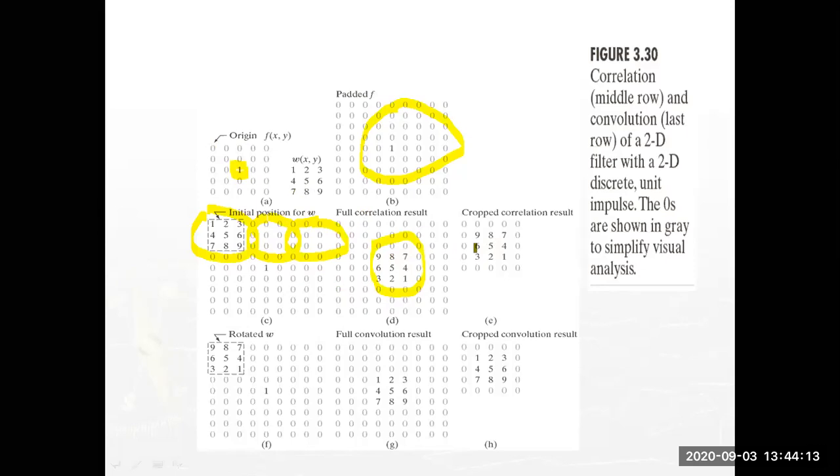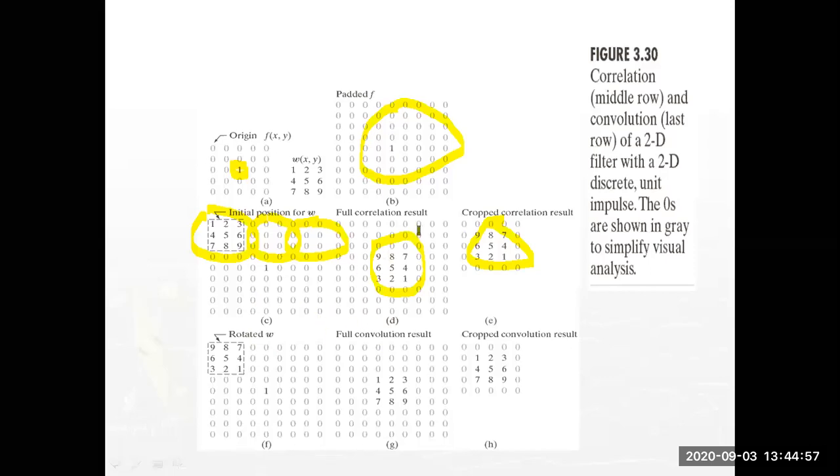But we don't want all the correlation values, because we have padded. So to remove them, we consider only 1 row on the left side, 1 row on the right side, 1 row up and 1 row down, along with your center values. That means we neglect the left side 2 rows, right side 2 rows, and 2 columns on the left and 2 columns on the right. Then you will get your cropped correlation like this.